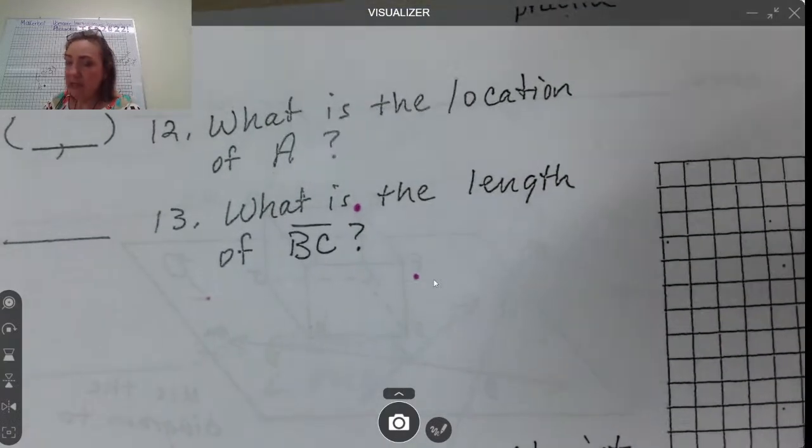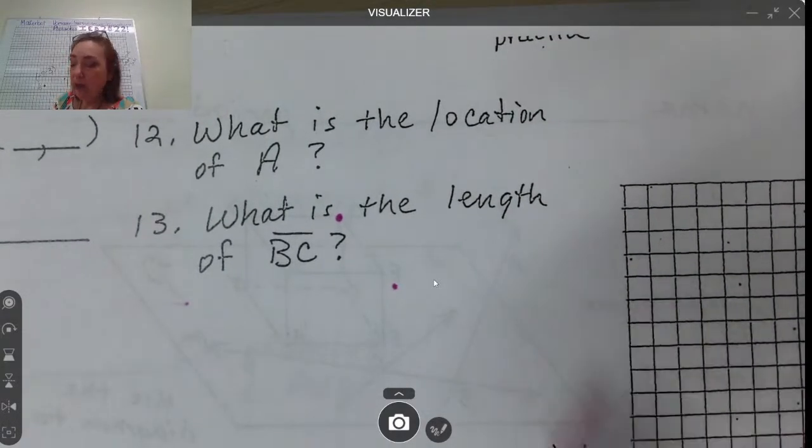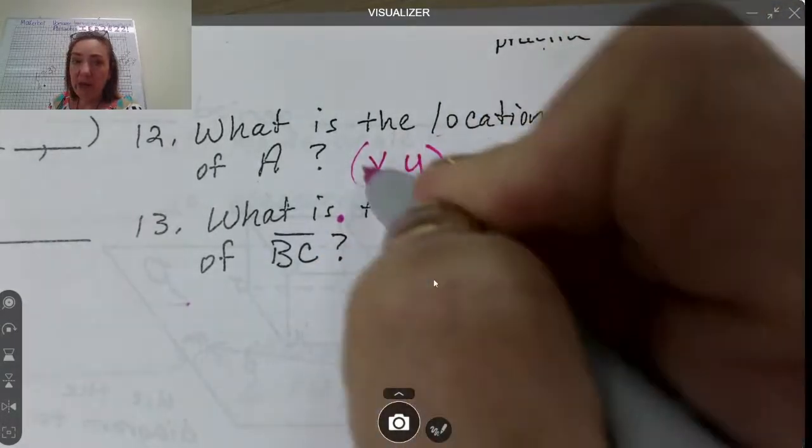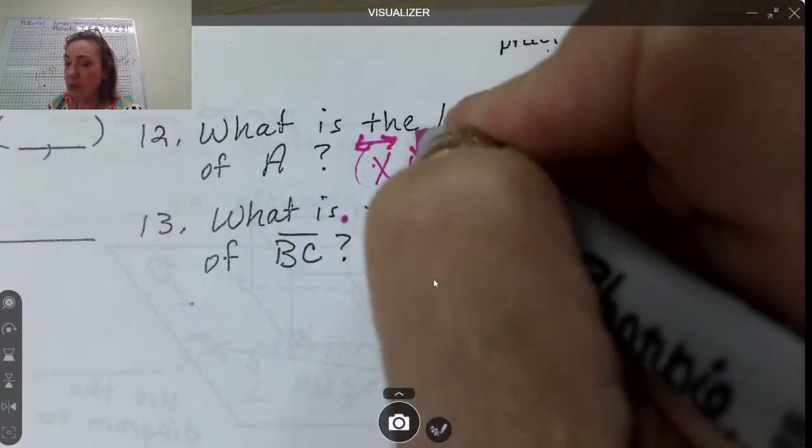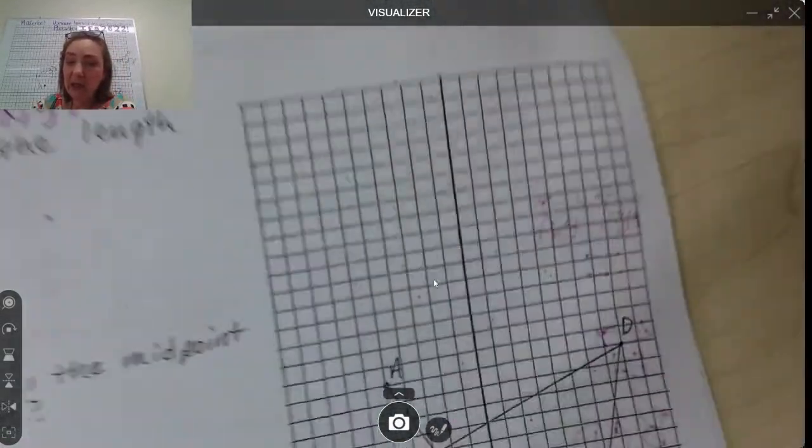So for number 12, it's asking for the location of A. Now, location of A means what is its X and Y value? Remember, X always comes first. X is always left or right. Y is always up or down. So if we go to our graph and we find A,